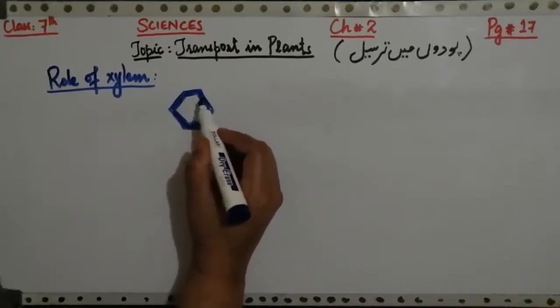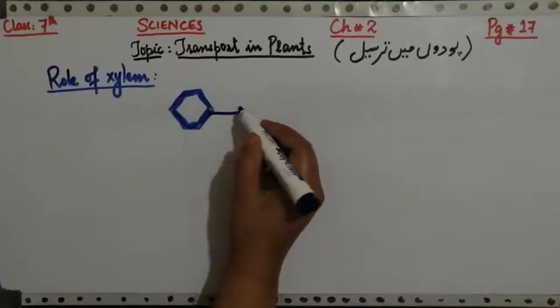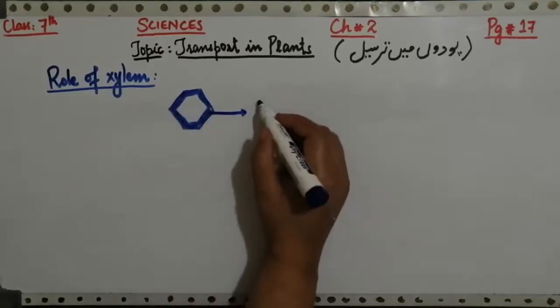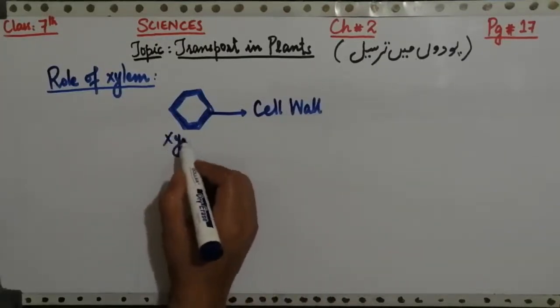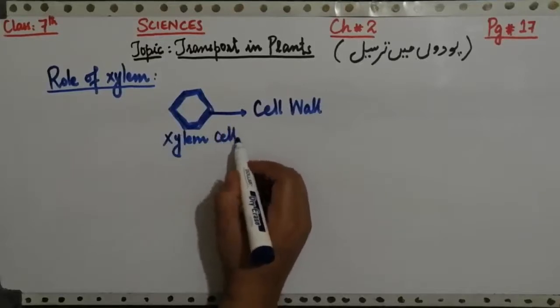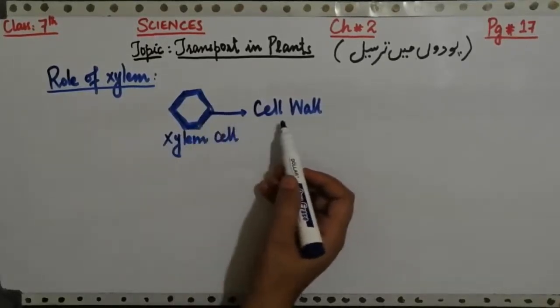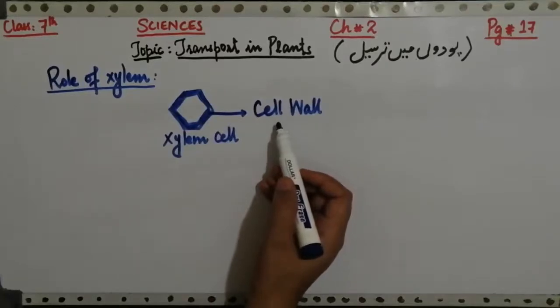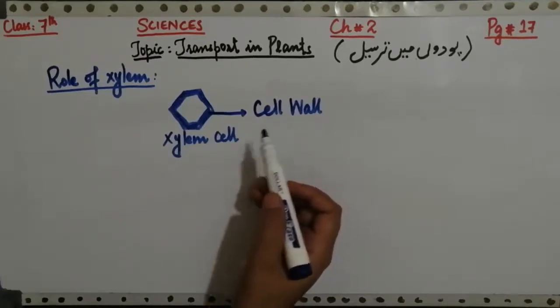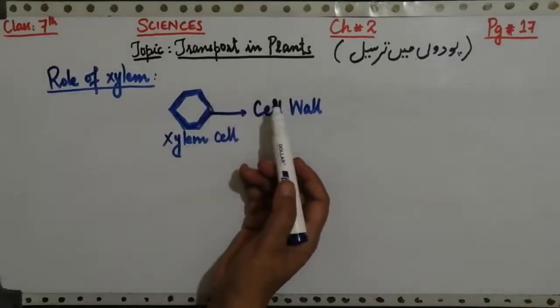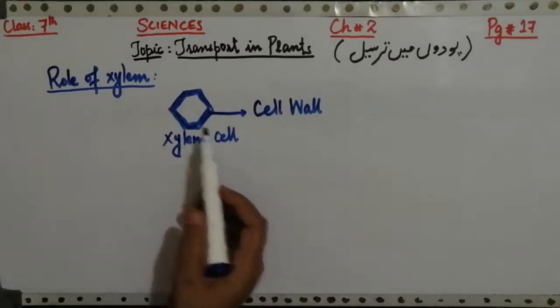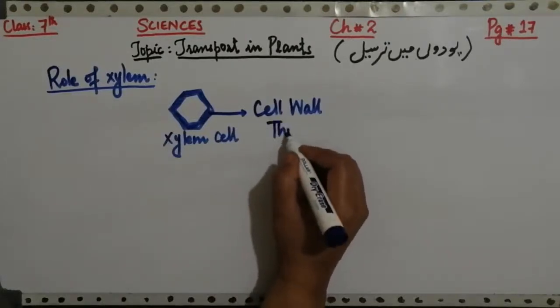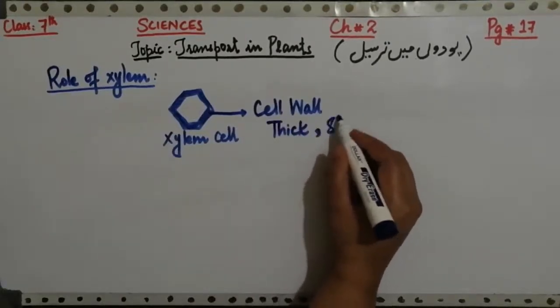ये एक जाइलम सेल है। जाइलम सेल के अक्रॉस जो आपके सामने एक ब्रॉड एरिया आपको नज़र आ रहा है, ये सेल वॉल है, सेल वॉल। सो बेसिकली अ जाइलम सेल, ये मैंने क्या ड्रॉ किया है, जाइलम सेल। जाइलम सेल की जो आउटर वॉल है जिसे हम सेल वॉल कहते हैं, ये बहुत थिक होती है, मोटी होती है। और इस थिक और स्ट्रॉन्ग सेल वॉल की वजह से जाइलम पौधे के इस प्रोसेस में यानी ट्रांसपोर्ट ऑफ वाटर एंड मिनरल्स जो ट्रांसपोर्ट होता है उसमें हेल्प करता है। तो रोल ऑफ जाइलम फॉर द ट्रांसपोर्ट इन प्लांट्स इज़ बेसिकली ड्यू टू द थिकन और थिक सेल वॉल। इट इज़ नॉट ओनली थिक बट ऑल्सो इट इज़ वेरी स्ट्रॉन्ग।